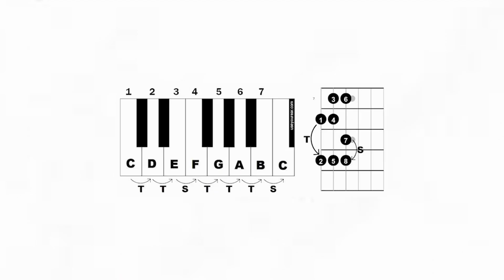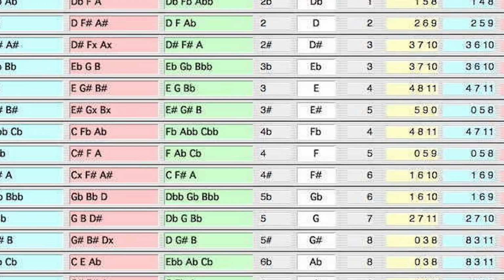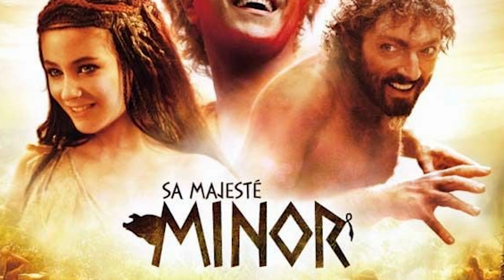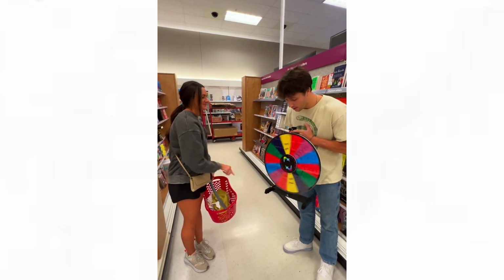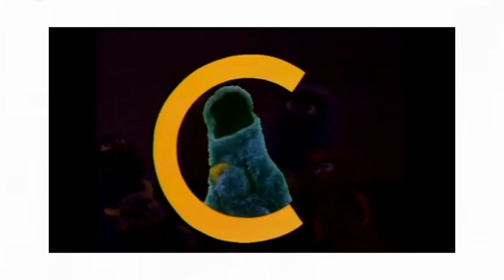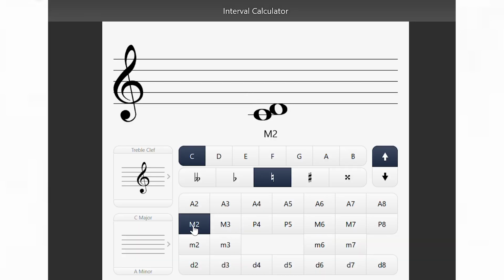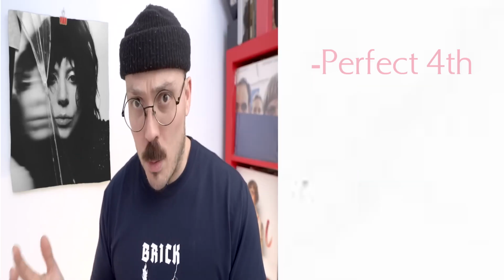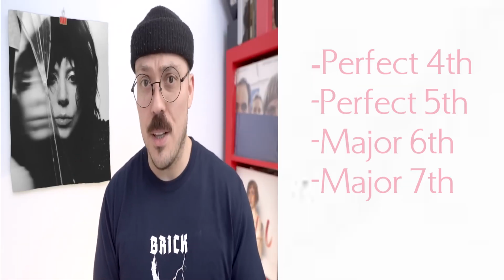Scales are just a series of notes that you can play in a cool way. There's at least 84 gazillions, so I'll just focus on 2. The major and minor scale. I'll do the major one first. So if you want a delicious major scale, pick a note to start with, or tonic. I'll pick C, then we add a note a major second away, D, then add the one a major third away from the tonic, E, then a perfect fourth, perfect fifth, major sixth, major seventh, and an octave.